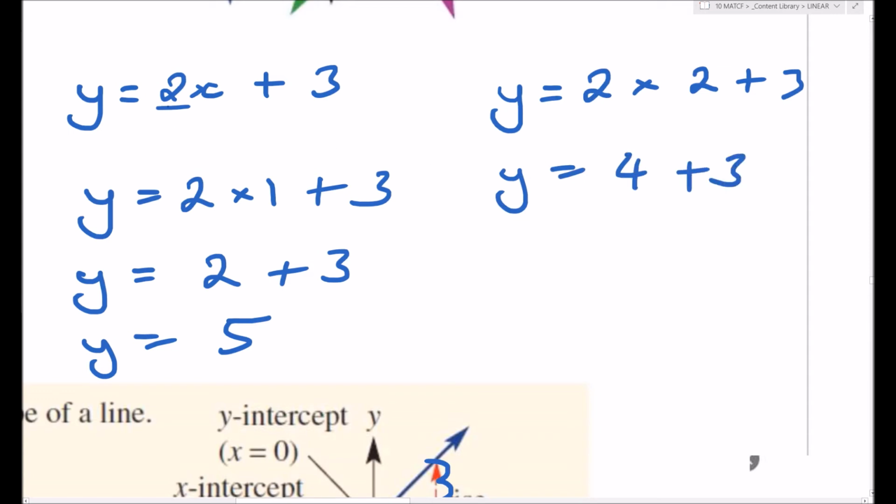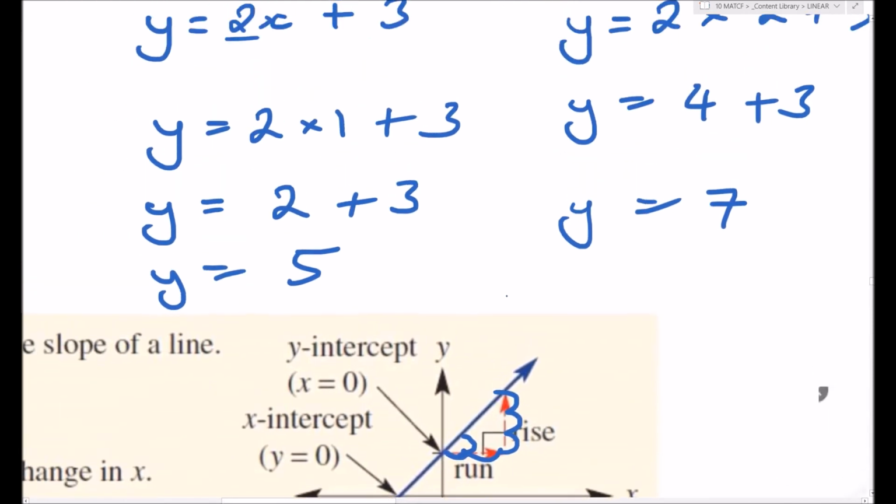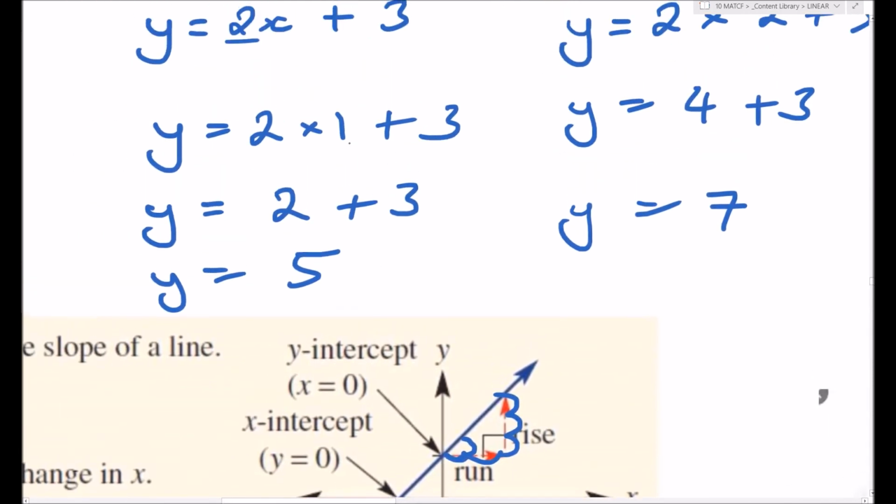And we know that the common difference, how much it goes up by each time, is 2. So you can presume that if you go up by 2 again from 5, 4 plus 3, y equals 7. Okay, so that's what the gradient is. Basically it just tells you how much you're going up or down by, depending on the value of x. Okay,